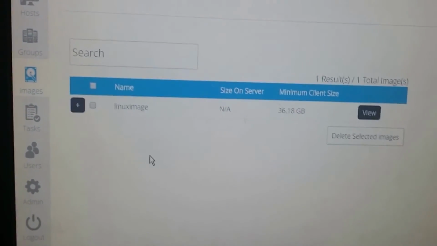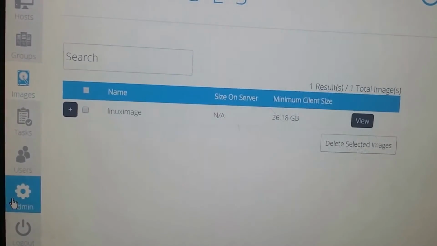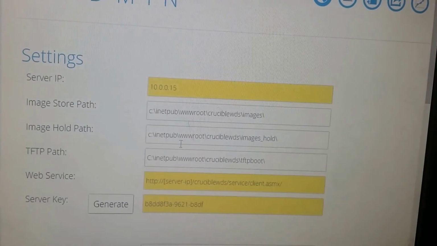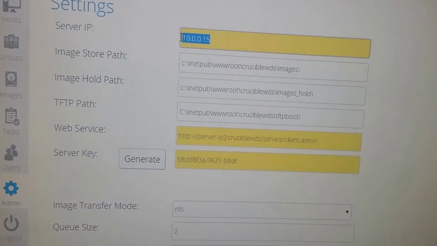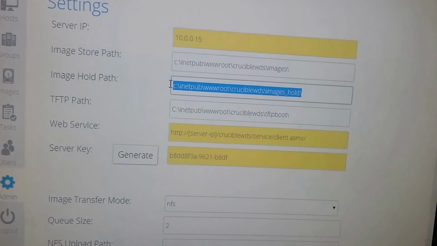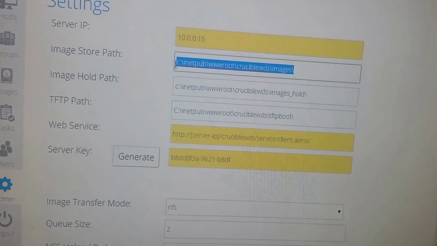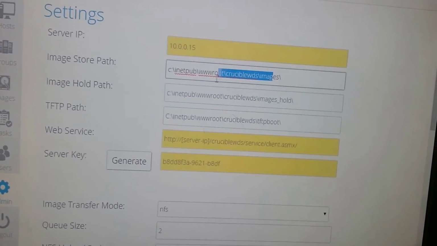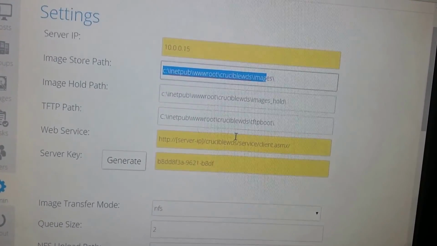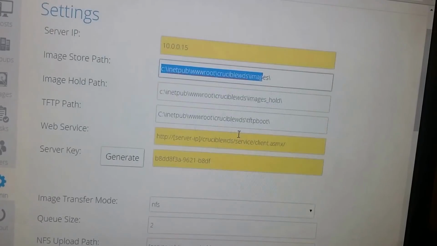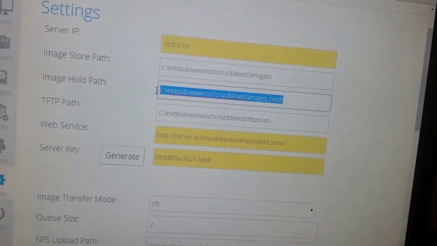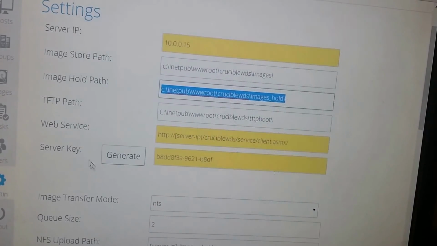And also to show you guys where it's going to get saved on your server, you can go to the admin, and when you click on the admin, you'll have the IP address right there, and this is where the images are. So the whole images are on this path and the other ones are on this path. Once it's done, it will basically go to this path right here. You can change these. I haven't tried that yet, but you can certainly do it, I guess, if you put in different ones. Okay,